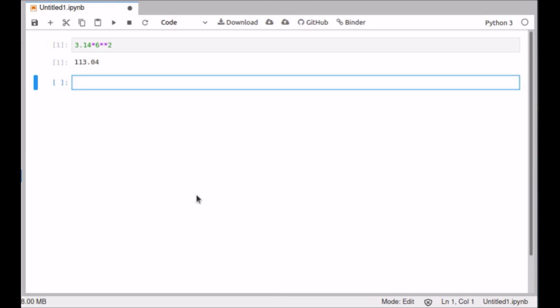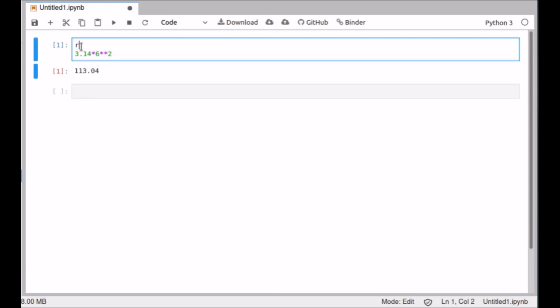Now suppose we need to find the area of a circle with a different radius. It is not wise to calculate again and again. Sometimes the formula might be complicated. What we could do is create a variable r or radius is equal to 6. Variable name might be alphanumerical. It can be radius1 but strictly no space. Instead you can use underscore, but I will simply assign to r.